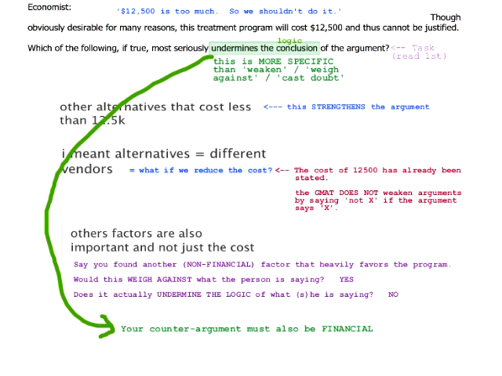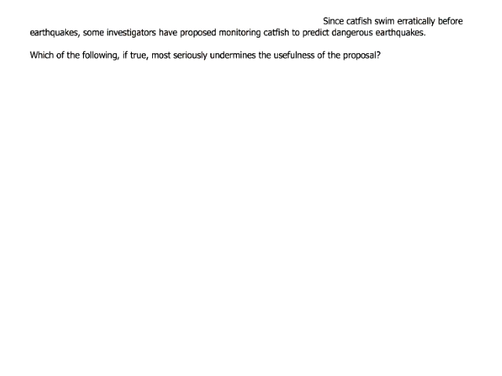Okay, let's do another one. Let's talk about this one. So here's what I want you to do. You don't have the answer choices, but again, read the task. Then read the proposal, which is the sentence I gave you. And then